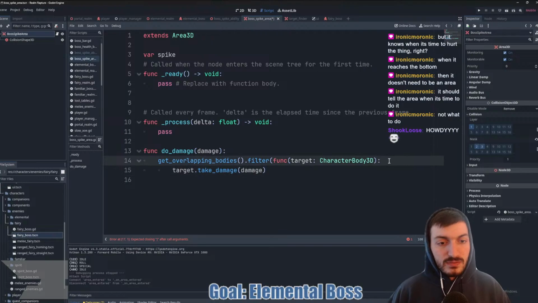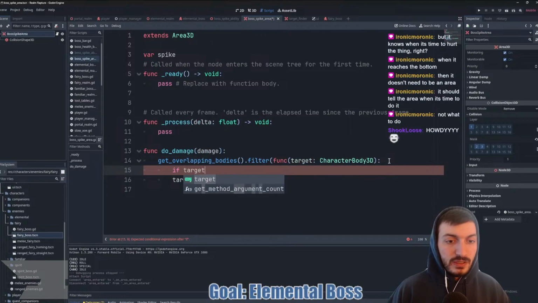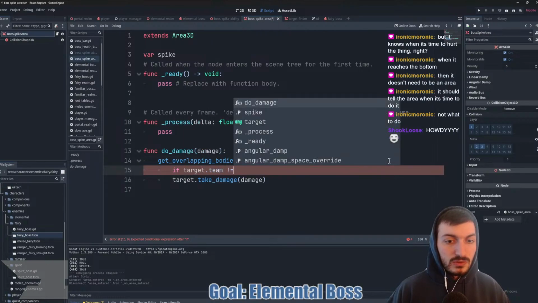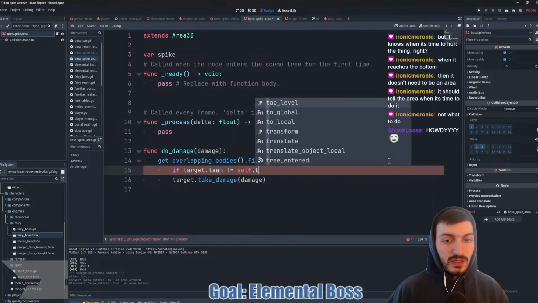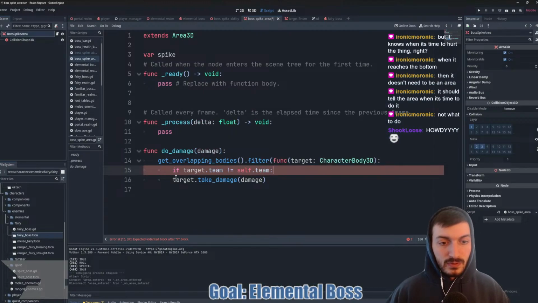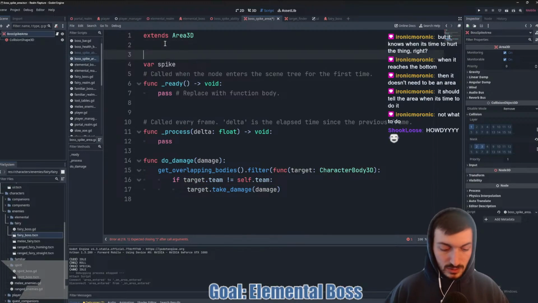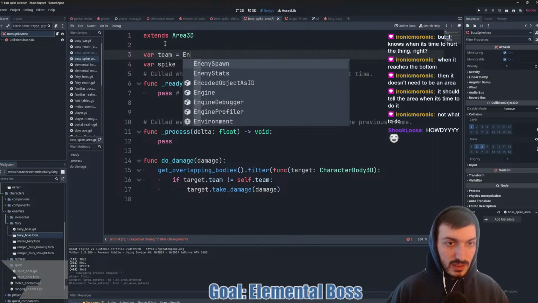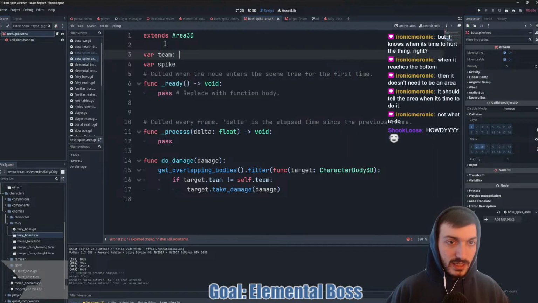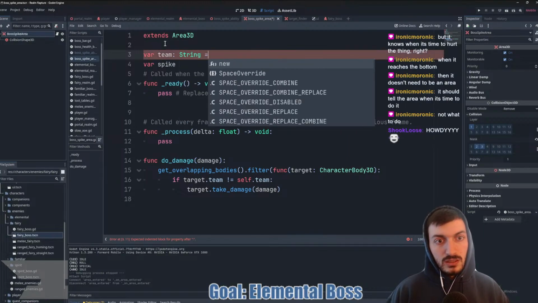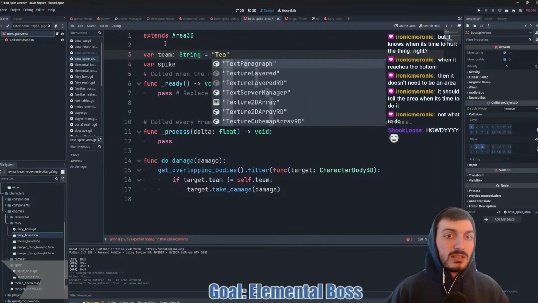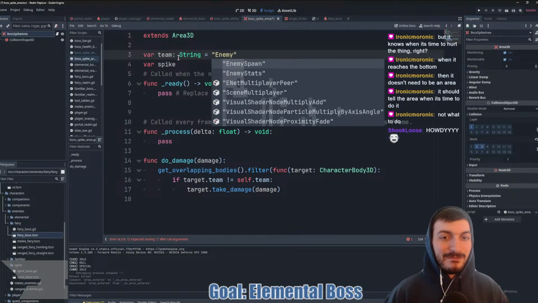Oh, and then we have to do team too. If target dot team not equal to self dot team, then we take damage, and we can just do a quick little var team equals as string equals team. Oh, enemy, not team.